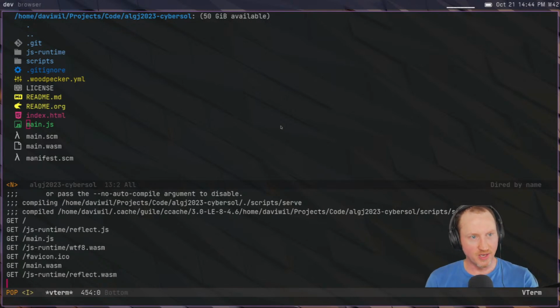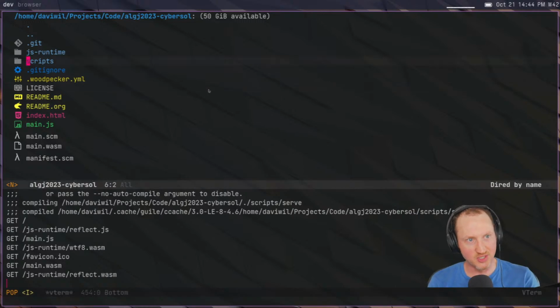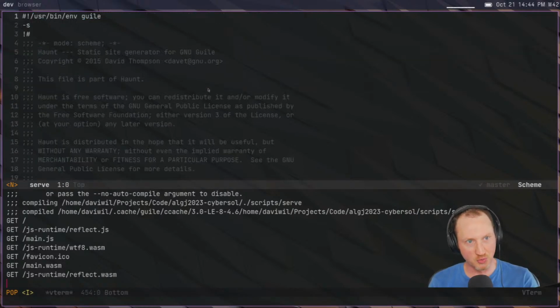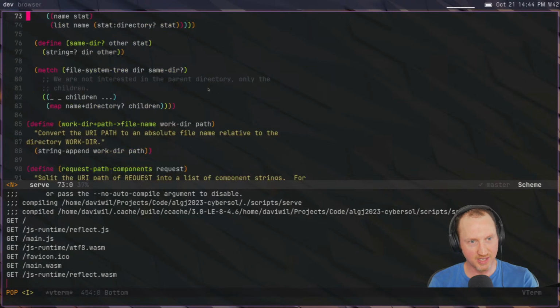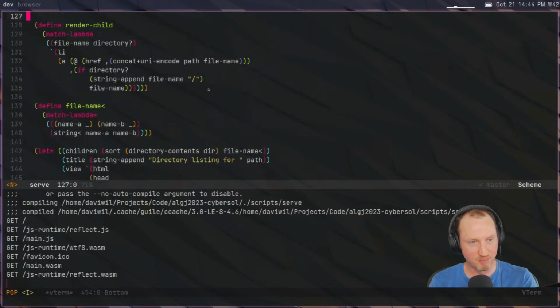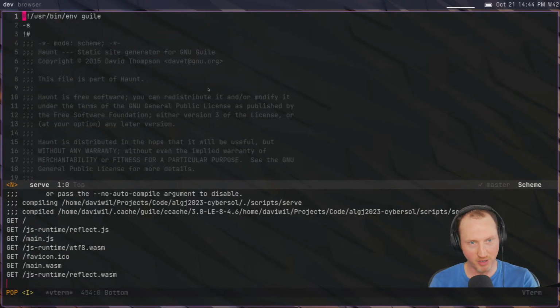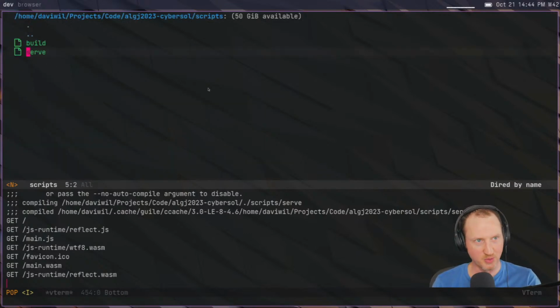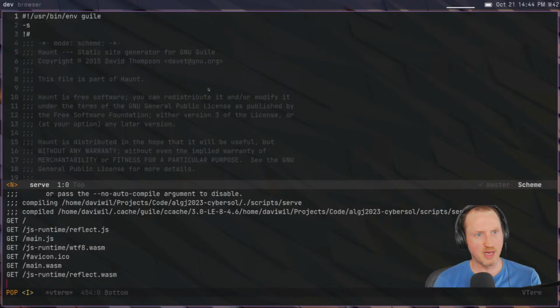All right, and for the scripts, I actually did steal the serve script that is in the Guile Hoot repo, which is also basically copying some code from the Haunt project. So yeah, I noticed there's a lot of missing string stuff, but that's okay, because we don't really need a whole lot, just enough for it to work at a basic level. All right, so now that we see that working,